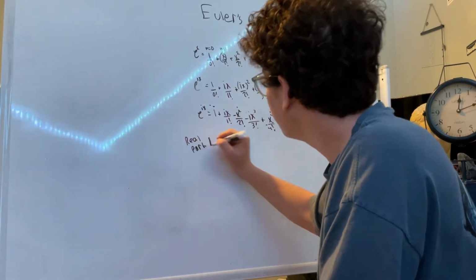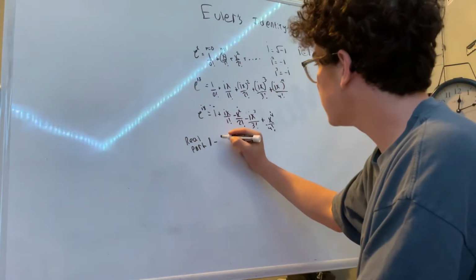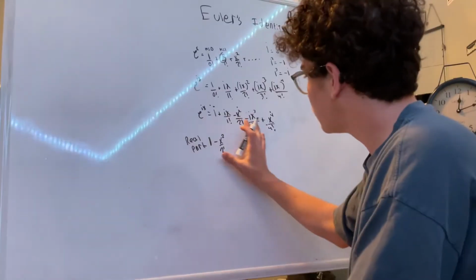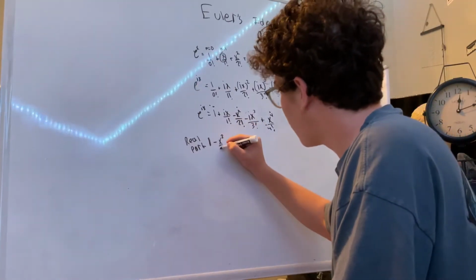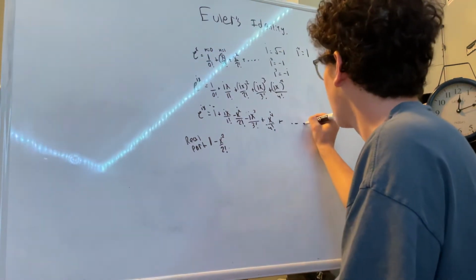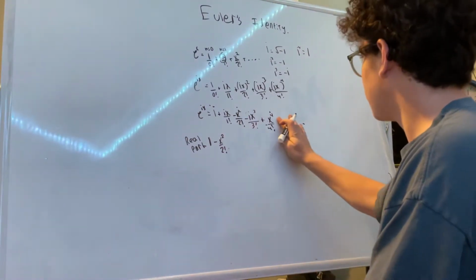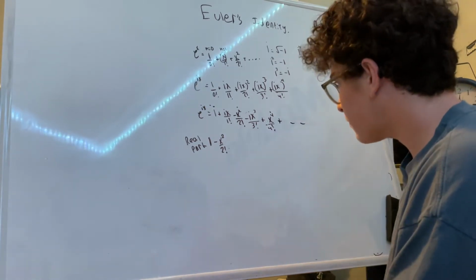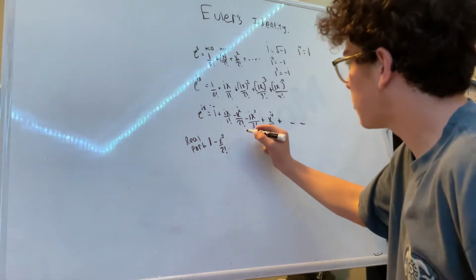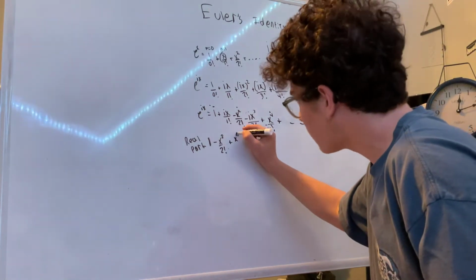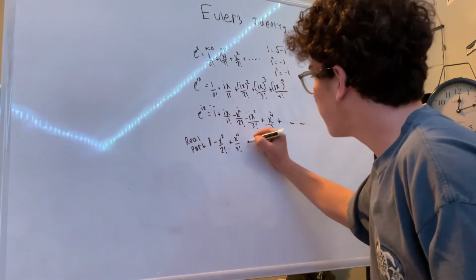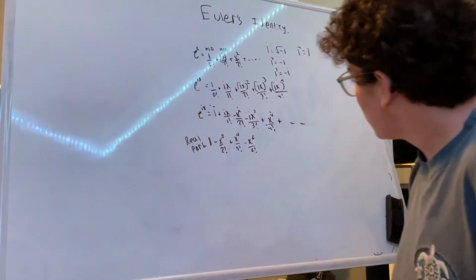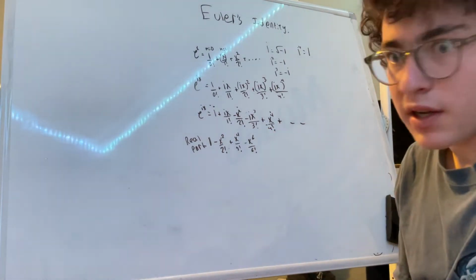We're going to have 1 minus x squared over 2 factorial plus x to the 4th over 4 factorial minus x to the 6th over 6 factorial. And so, as you might note here,